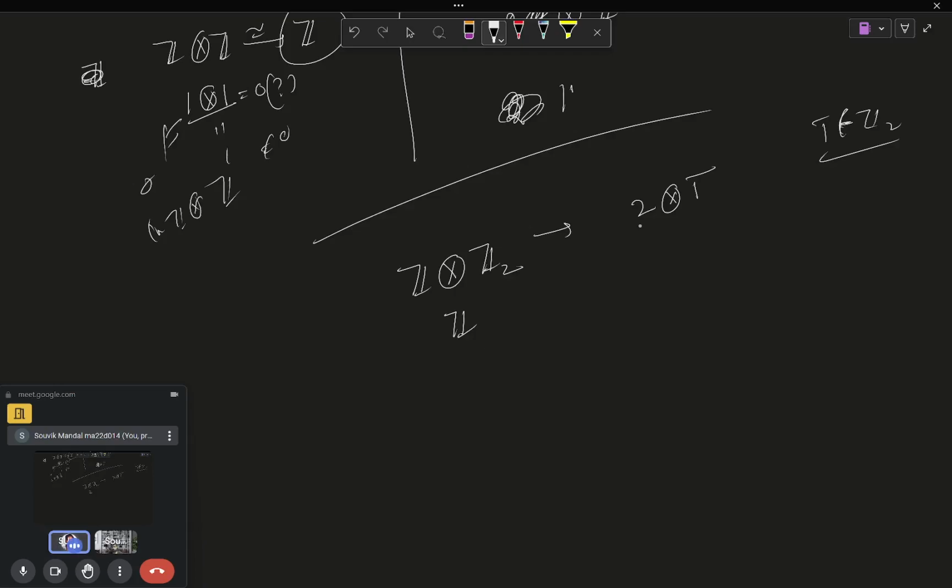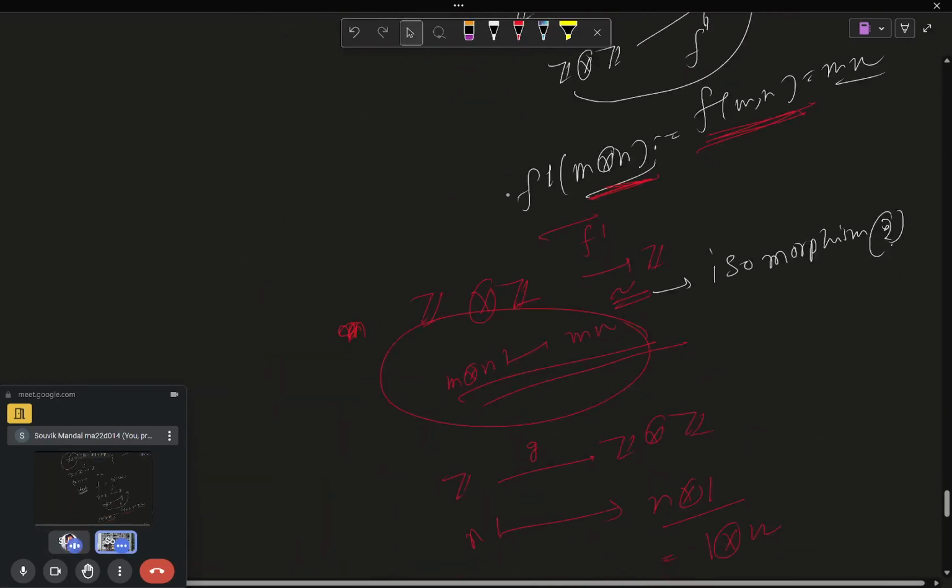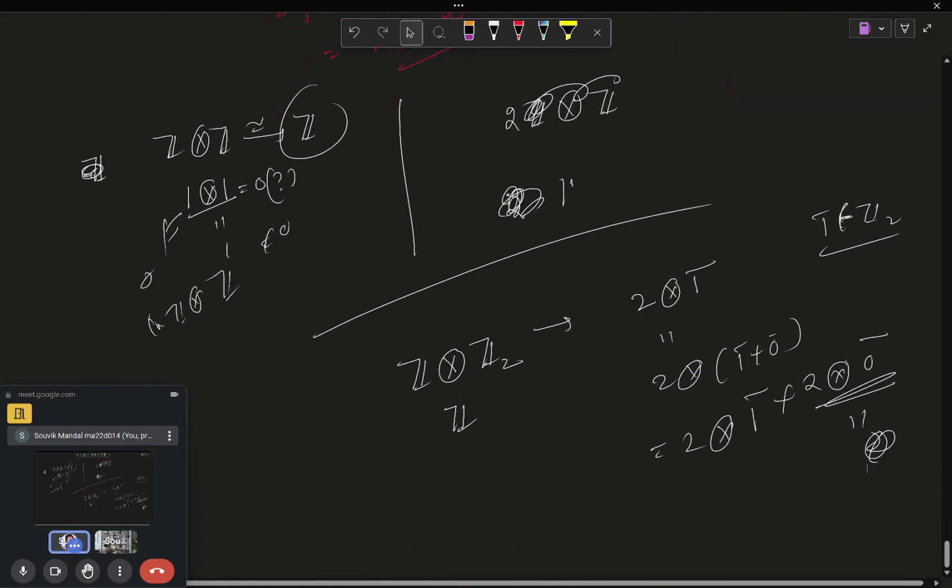We can write, and using the property first we break it by the rule of the tensor. You're saying this, but then this portion is zero, right? 2 tensor 0 bar is zero, by another property we have seen: if one part is zero, then the tensor is zero. So then